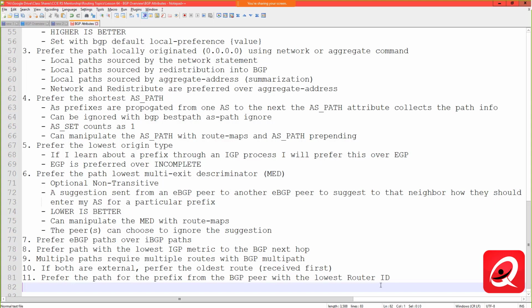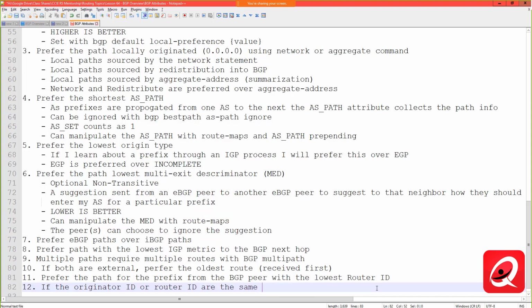The router ID, as we talked about before, can be manually configured with the BGP router ID command, or it can be the highest active loopback or the highest active physical interface. Now, if I do have route reflectors, if I have route reflector attributes, the originator ID gets substituted for the router ID in that particular case. All right. Now, we're really getting into the weeds here. If the originator ID, or router ID, let me say,